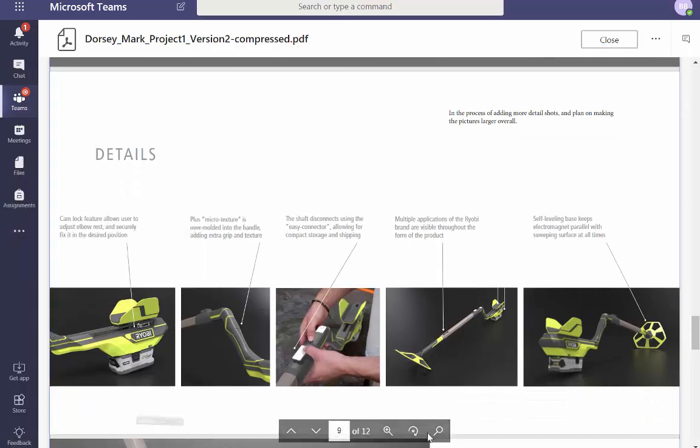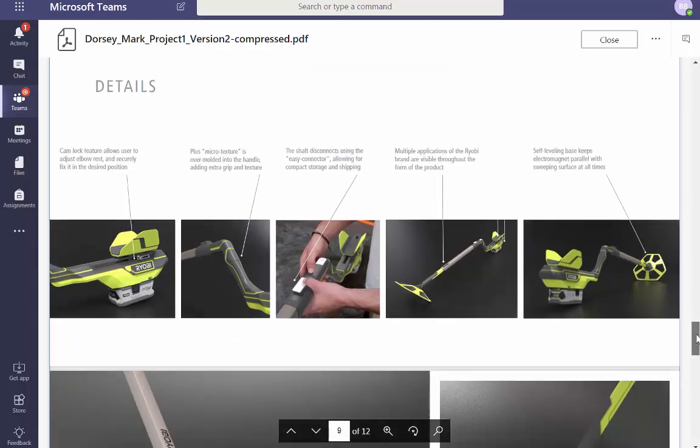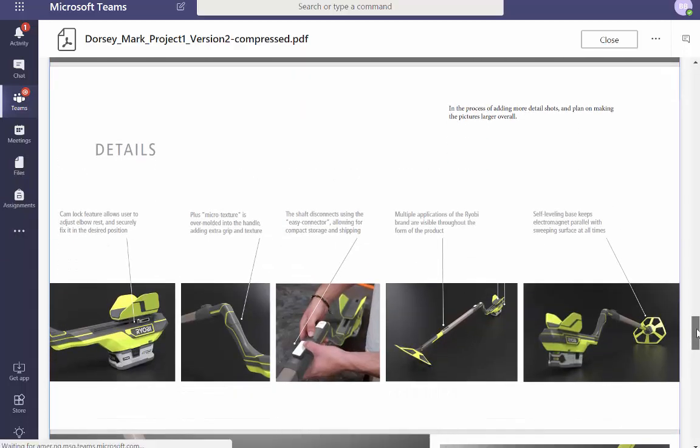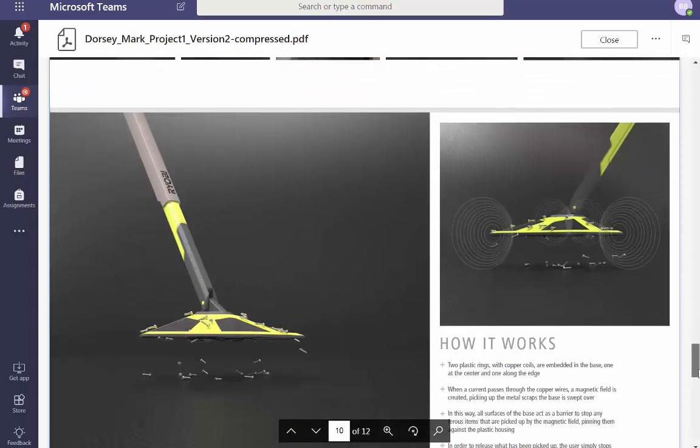How are we doing? All right. Are there ways, especially this one, can you zoom in on it more without losing the idea that you're talking about the shaft? And then move this up towards the center, because I agree with you, make the photos larger, but we don't necessarily have to say details, and I think that might be keeping you from moving this up and keeping it centered.